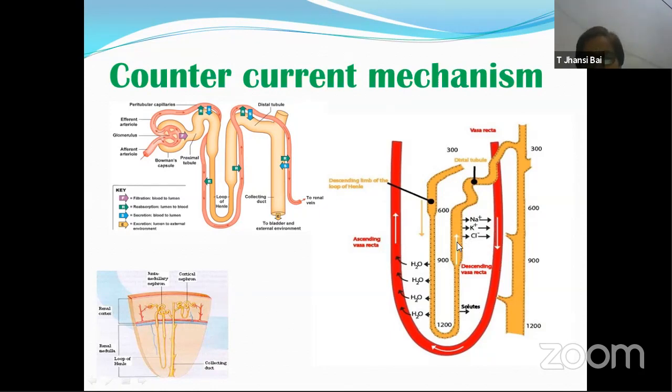Sodium which has been absorbed here, we have learned already that this ascending limb is permeable to sodium ions. Nothing other than sodium, potassium and chloride comes out. So these sodium ions which come out enter the blood present in vasa recta, and it keeps moving up. Similarly, water which has been reabsorbed in this loop of Henle from the descending limb is also taken and moves up, because of which this nephric filtrate which moves up now becomes concentrated or hypertonic, and hypertonic urine is produced.